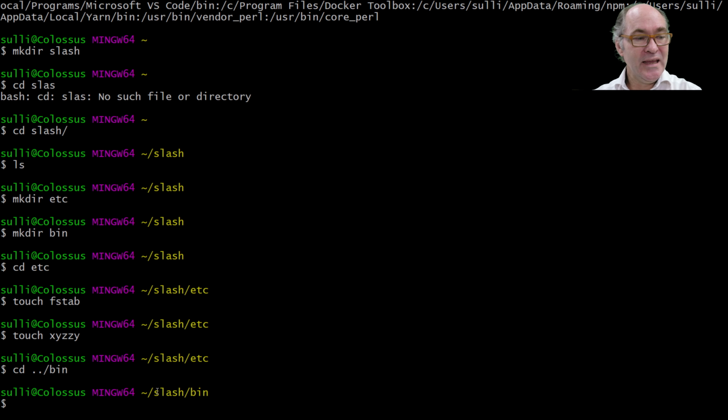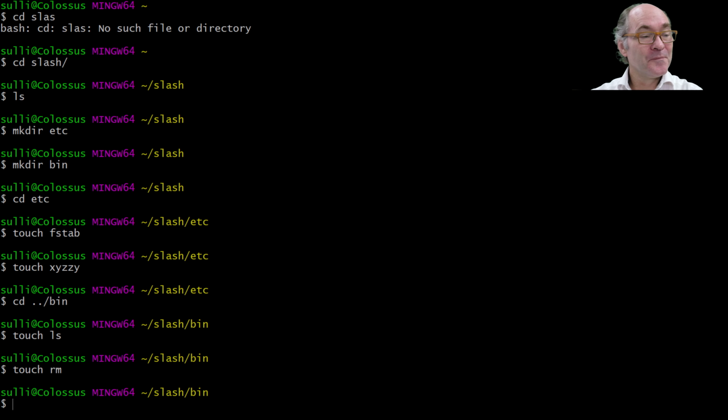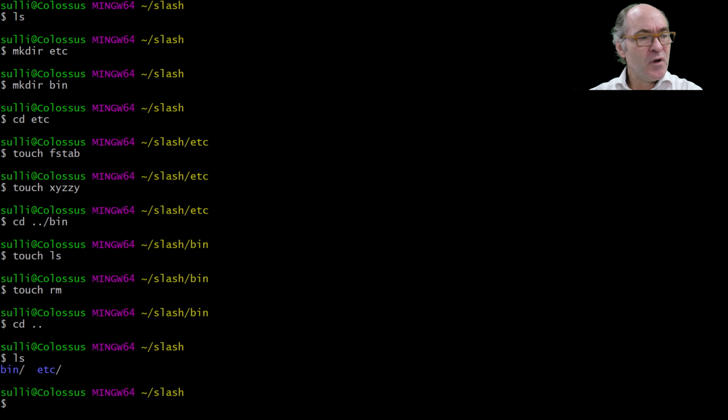Now our current working directory is set to my home directory /bin. In here, let's make a file. We'll call this one ls, and we'll make another file called rm. So we've made a little tiny model of what a little piece of the Unix file system looks like. Now let's go up to the / directory. If we do ls, we have our /bin and /etc directories. Let's make a data file at this level. So let's touch a file called readme.md,